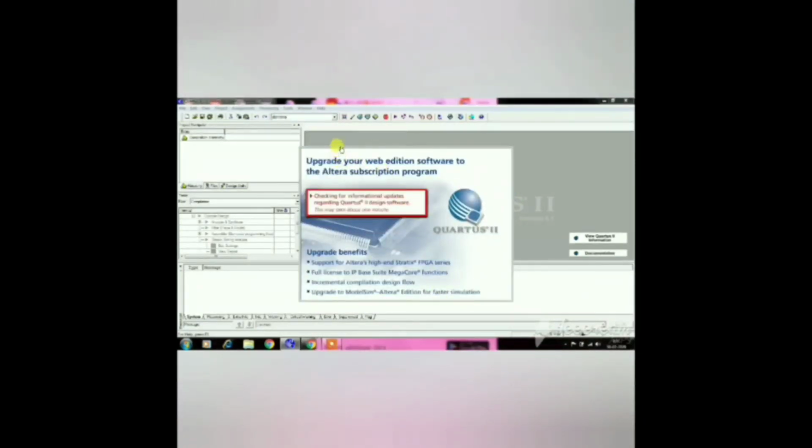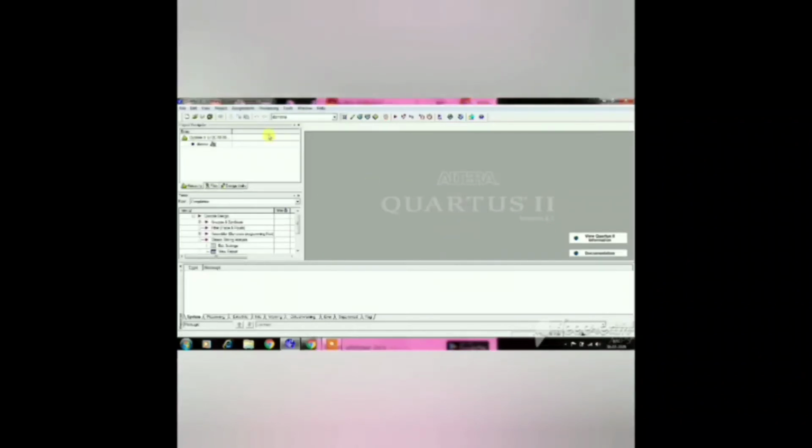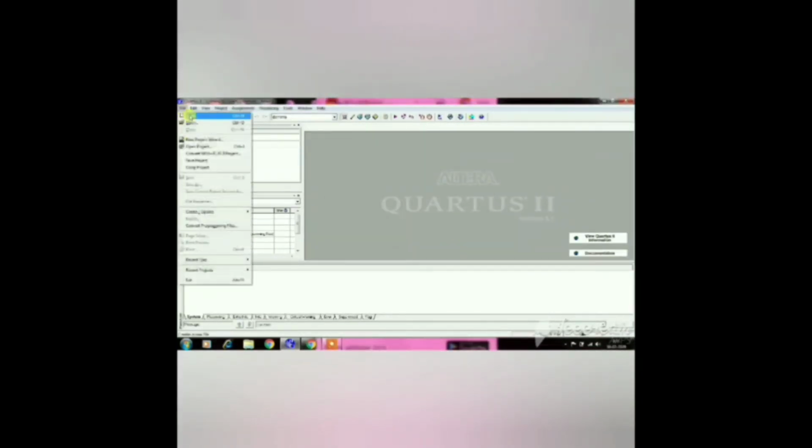There you type your program, and then it is necessary to give the module name and the project name as the same. Then we have to compile our project. Save the Verilog file, and then compile the project by going to the summary, then the compiler tool, and start compilation.